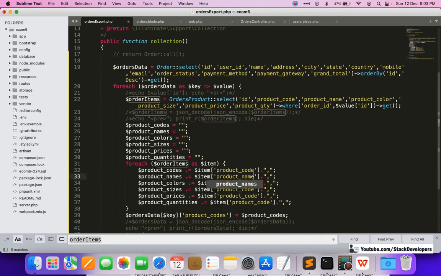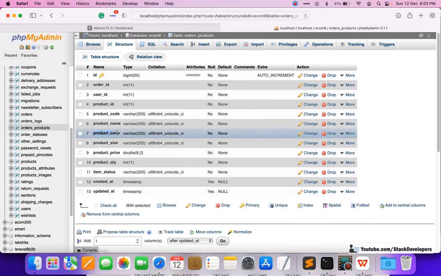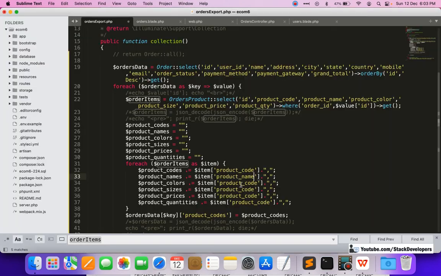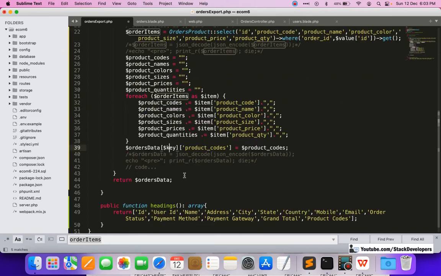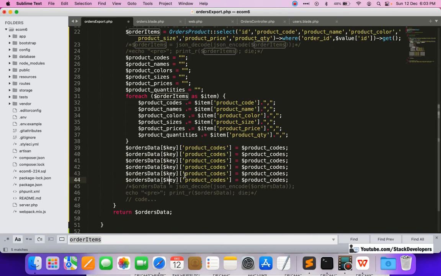So here we are going to add the first product name column, then product color, product size, so we can pick from anywhere, product price, here product quantity. But also we are getting from here product code, product name, product color, product size, product price. Okay, fine. So here also we require to add this column as well,